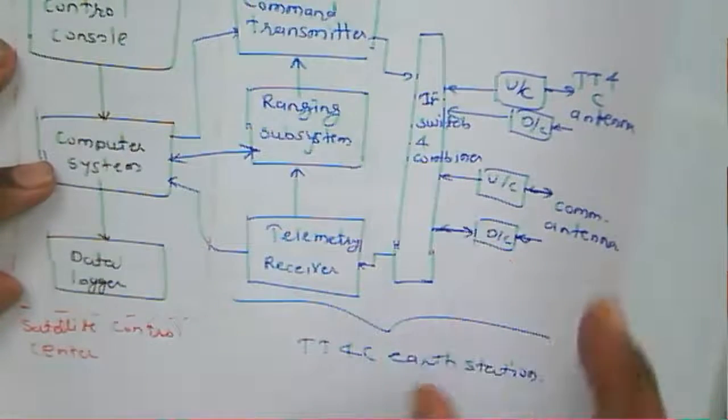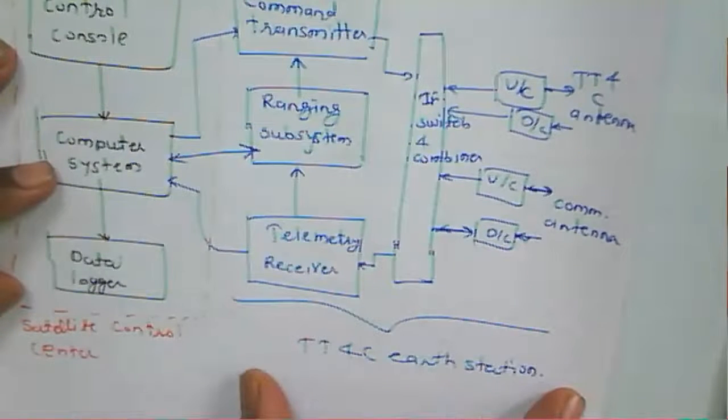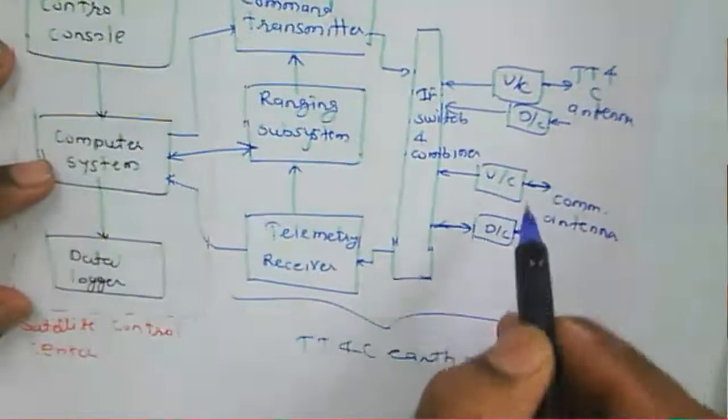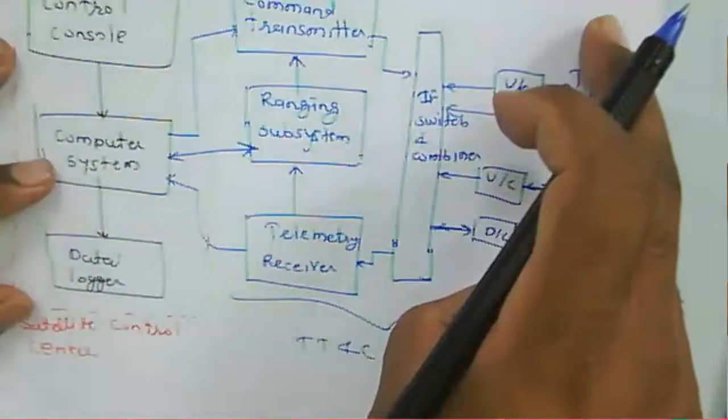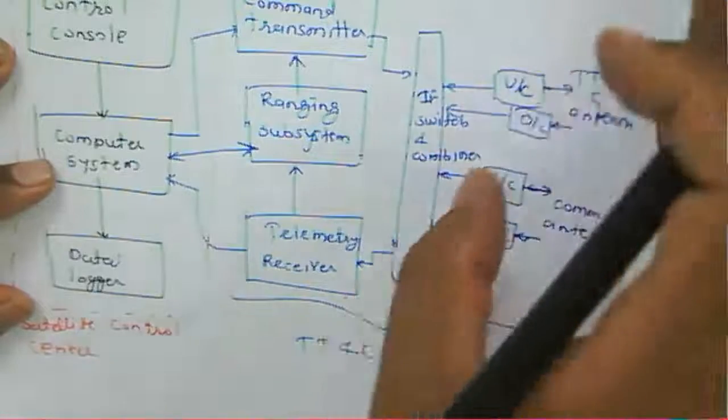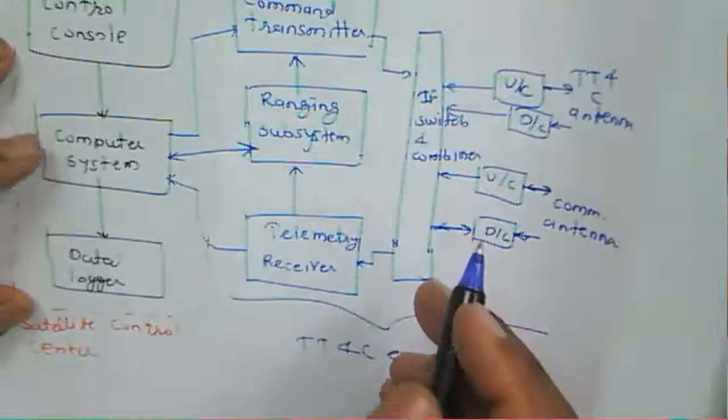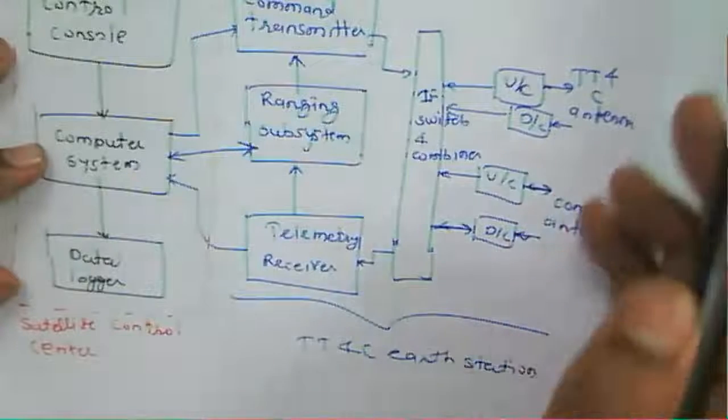The TTC Earth station has one or more antennas. Multiple antennas are used to point toward the satellite, and those antennas are fully tracking the satellite